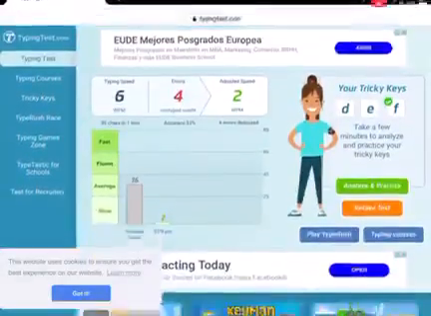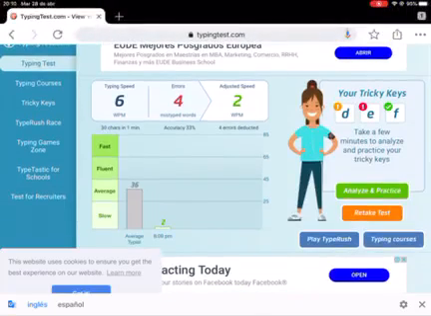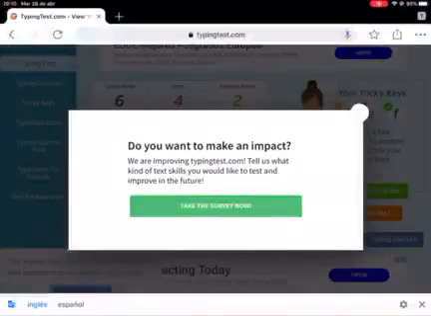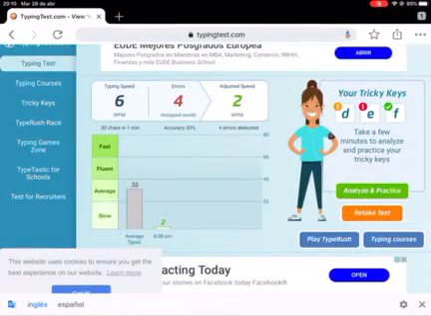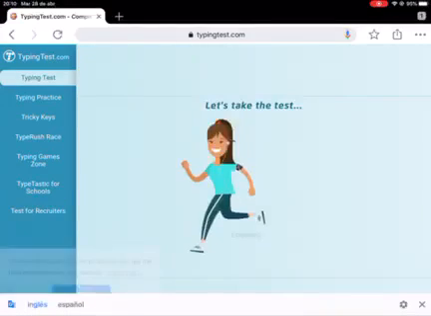Can you see? So it says that you just type 2. The average person types 36 for every minute. Let's see how much you can type it in 5. All right. So once that you put it, it says analyze and practice, retake test, play typebrush, typing courses. So you have to click on retake test. You have to put 1 minute again. In your case, it will be 5, but in this case, 1 minute again, text, and then starting typing test,